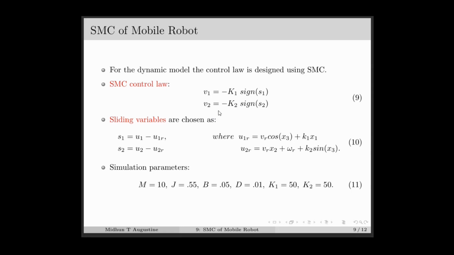Here the sliding variables can be chosen as in equation number 10, which are selected as s1 equal to u1 minus u1r, where u1r is defined like this, and s2 is equal to u2 minus u2r, where u2r is defined like this, where these values were obtained from the previous slide as per the Lyapunov based design. Now the simulation parameters are chosen as in equation number 11,